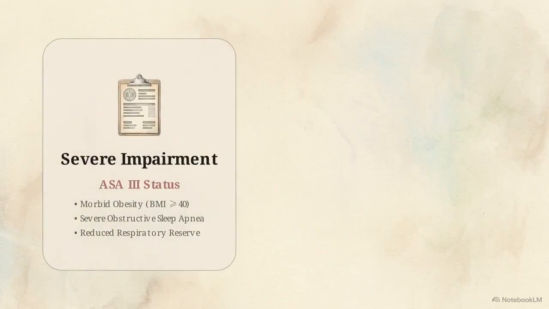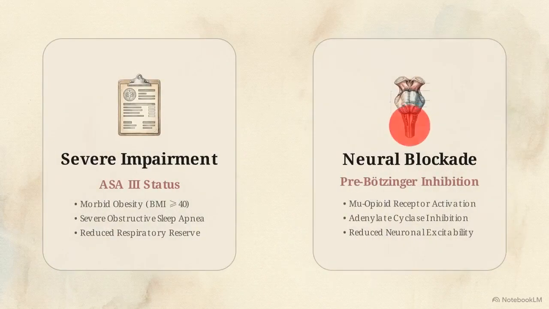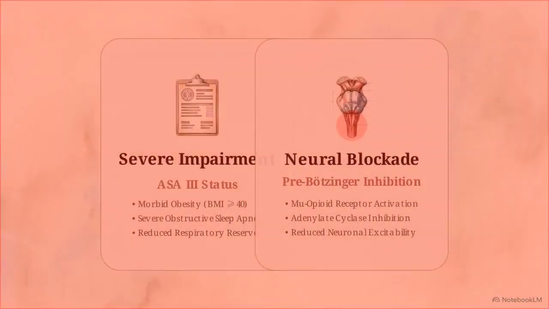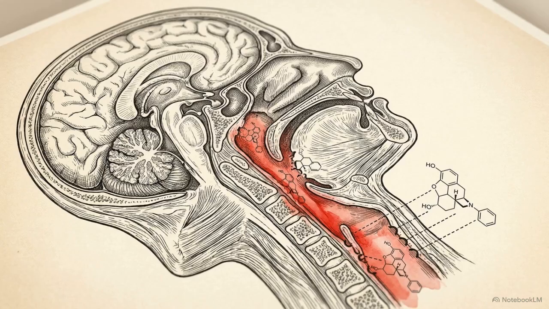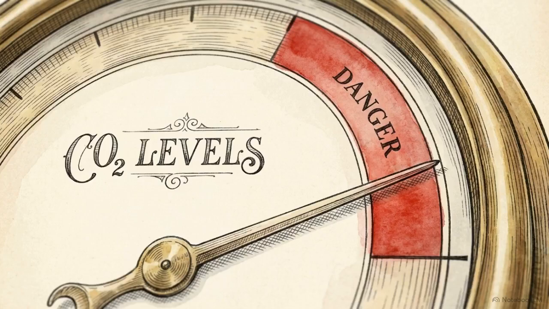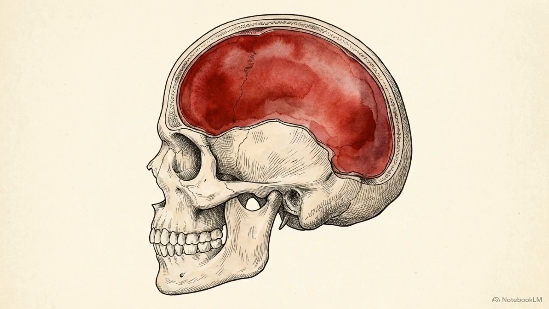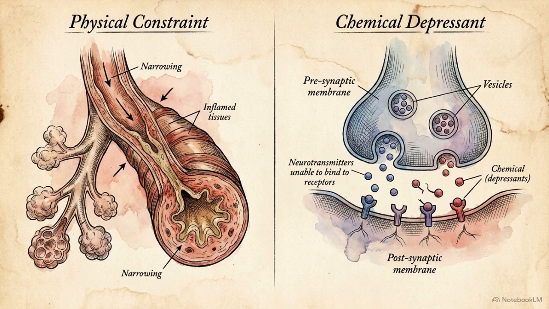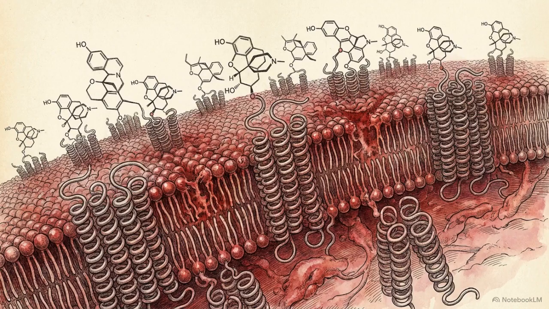This graphic maps the structurally compromised physiology of an ASA 3 patient directly against this pre-Bötzinger inhibition. Introducing a mu receptor-mediated respiratory depressant to a patient with an already structurally compromised airway exponentially increases the risk of postoperative failure. This acute respiratory compromise can quickly trigger secondary crises, such as hypercapnia, which drives a dangerous increase in intracranial pressure. Predicting clinical failure requires mapping the specific functional limitation of an ASA Class 3 patient against the off-target receptor bindings